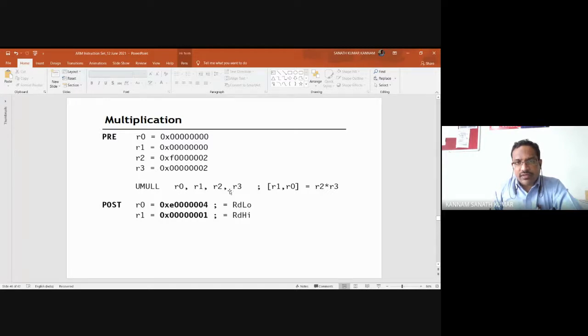So lower 32-bit value will be stored in R1 and higher 32-bit value will be stored in R0. So here you are getting R0 equal to 0xe604 and R1 equal to 0x701. How you are getting it, I will show you. One second.